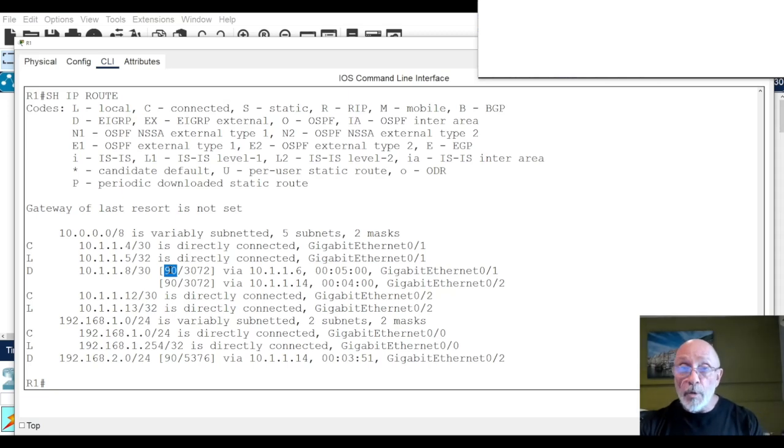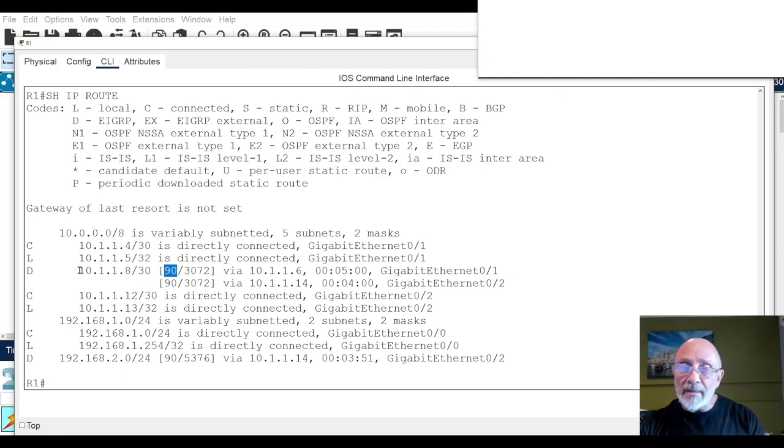Before, RIP was using hop counts to get where it needs to go, because RIP only cares about the closest router based on hop counts. I'm directly connected to it, it's only 1 hop away. If I have to go 2 hops, that's too long, I don't want to go that way. EIGRP does not do that. EIGRP uses K values, which you need to know for your CCNA. The default administrative distance is 90.